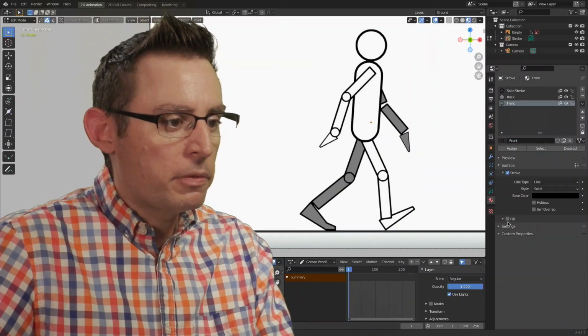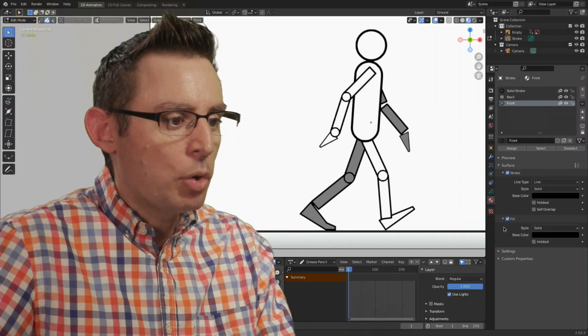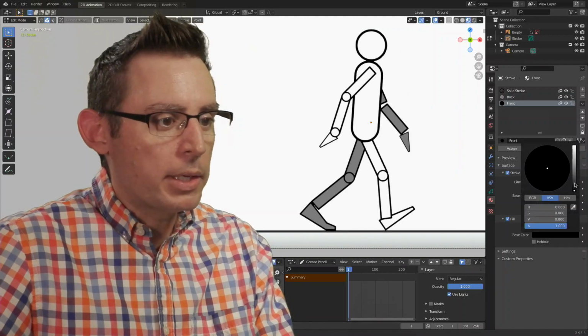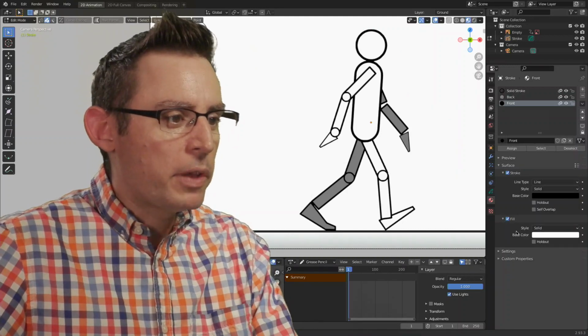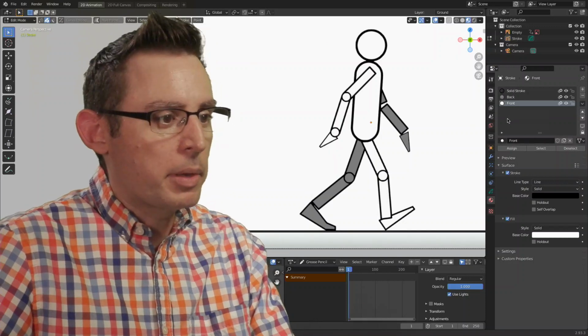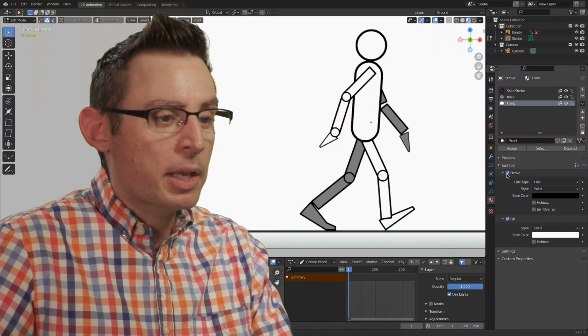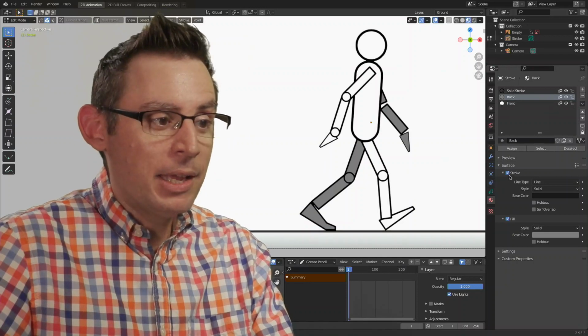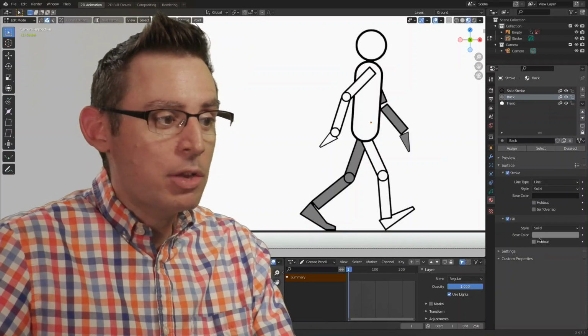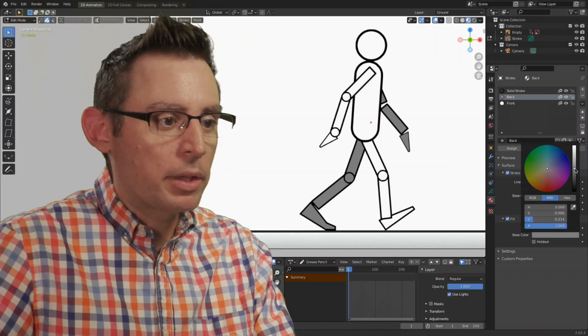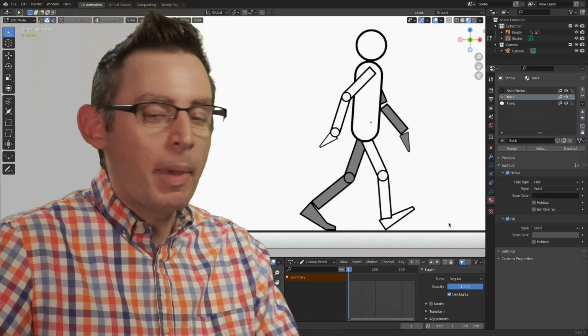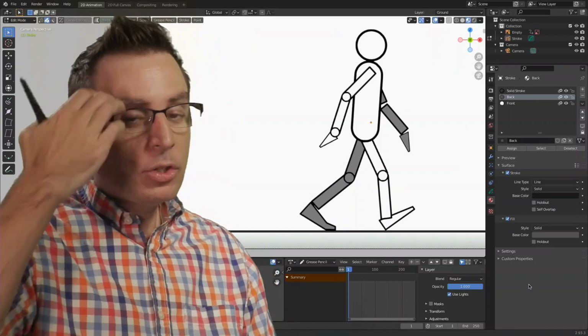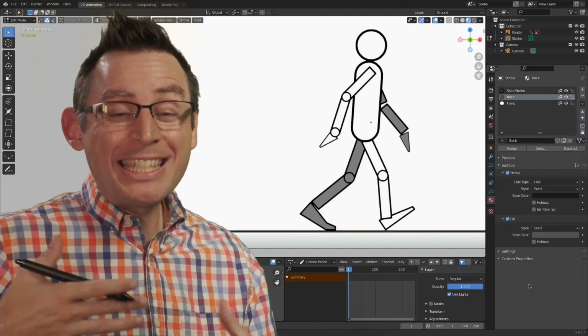And we want it to be filled in. Let's open up the properties. And this one's going to be white. We're going to keep it very, very simple and very, very basic. So we got a front material that's got a black stroke and a white fill. Then we got a back material that's got a black stroke and a gray fill. And I'm going to make this gray a little bit darker so that it kind of generally matches the illustration that we have. So this is a really great scene setup process.